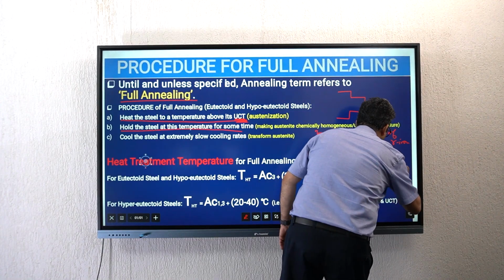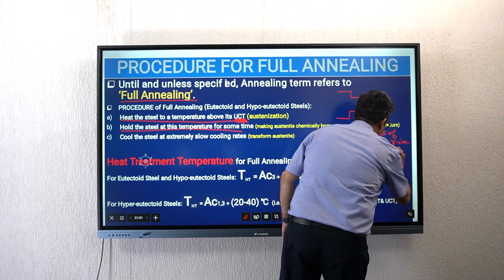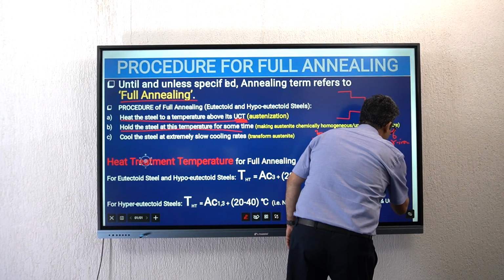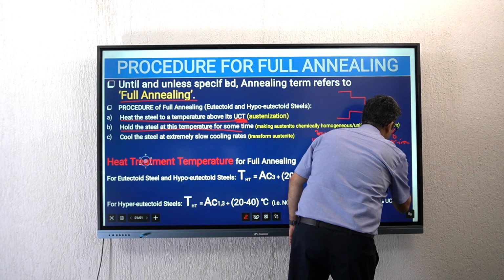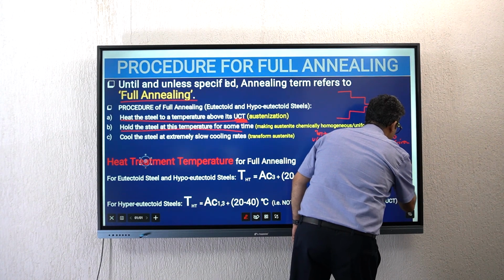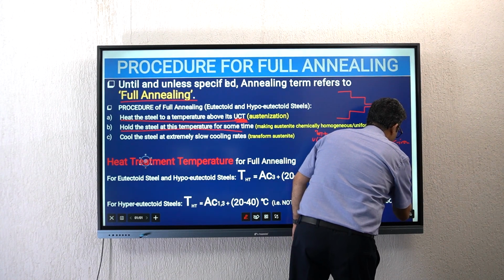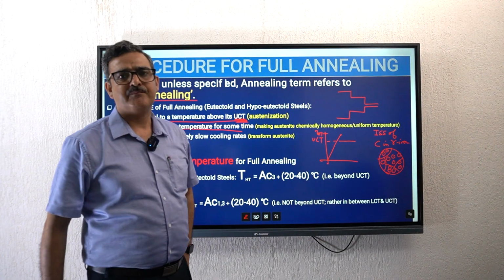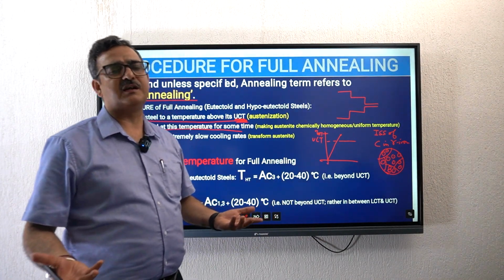So at the heat treatment temperature, grains have formed, grain boundaries are seen, but this austenite at some places has got more carbon. This is depicted like this schematically. And at other places it has got less carbon. So in gamma iron, somewhere carbon is more, somewhere less. So this chemical heterogeneity cannot